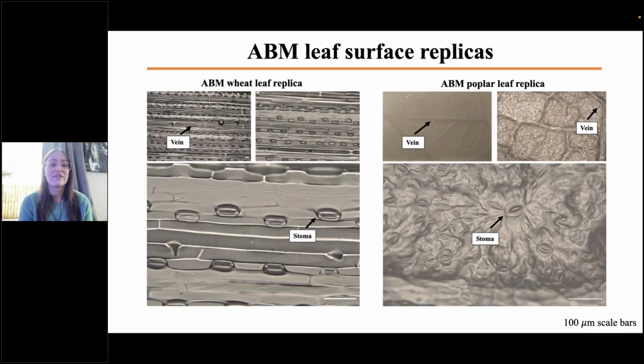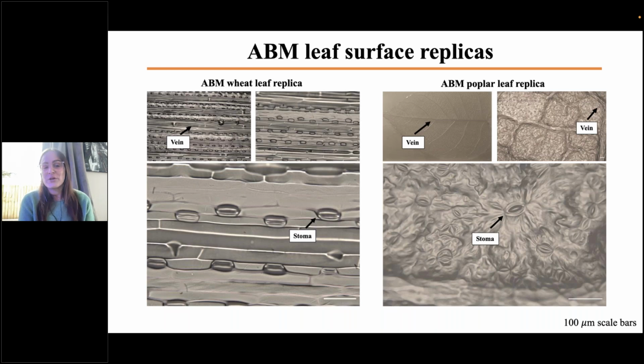So these are the wheat leaf again on the left and poplar on the right. Again, we're able to get a lot of those features really, really well, able to get the whole leaf from poplar still. We're seeing those veins and those stomata with similar level of detail to that of PDMS. We did, however, lose the majority of the veins from this process,